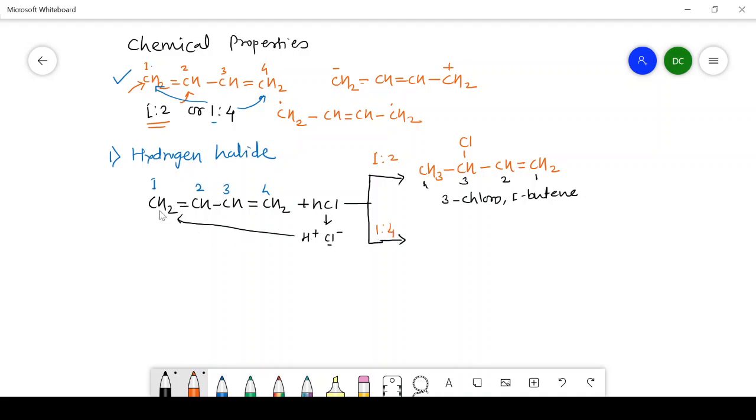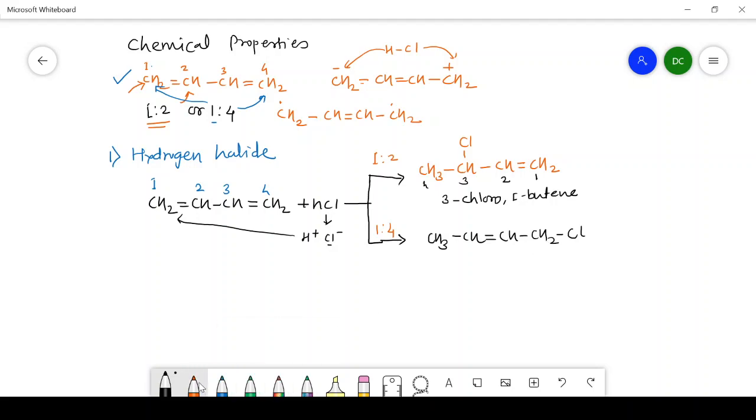Now turn towards the 1,4 addition in case of hydrogen halide. This hydrogen is going to add with the first terminal carbon and Cl is going to add with the second terminal carbon. But for this 1,4 addition, for the sake of convenience, we have to take this type of resonating structure. I will put here HCl, this hydrogen attached here and this Cl going to add with this. And that's why we will get the structure CH3, then CH double bond CH, and finally this CH2 is going to attach with a Cl.